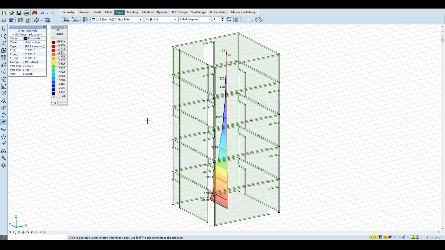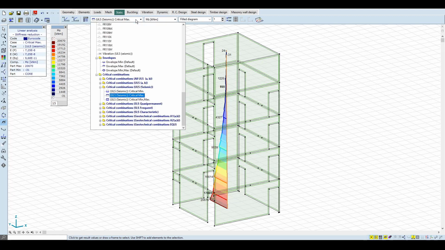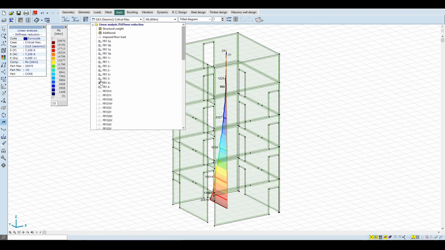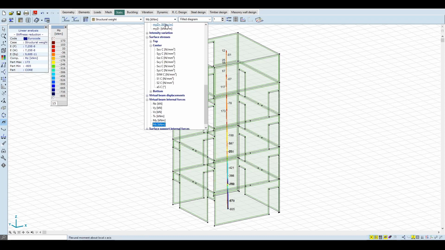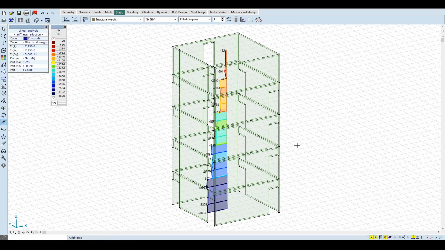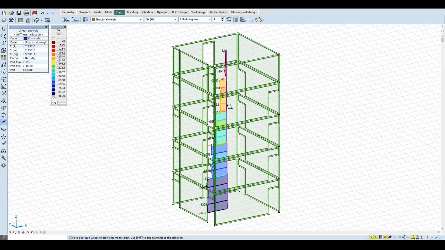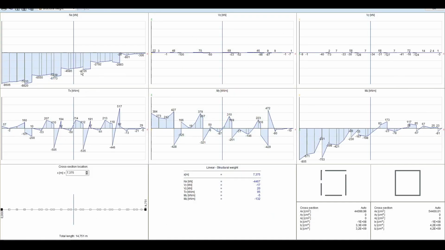The virtual beam can display the results of any loads or load combinations, so with these global internal forces, we can also decide whether the seismic or the wind load is an authoritative horizontal load. If we click on the virtual beam, we can get the graphical results like in case of a normal beam.